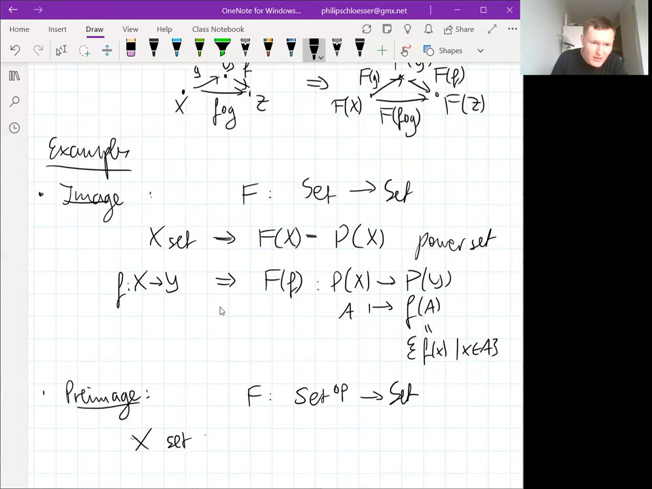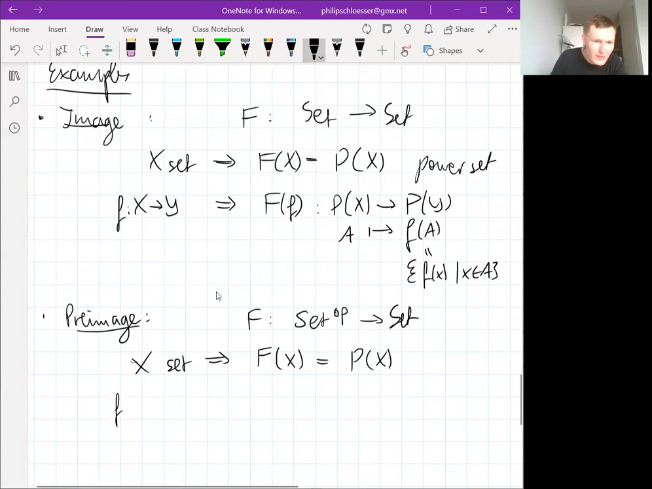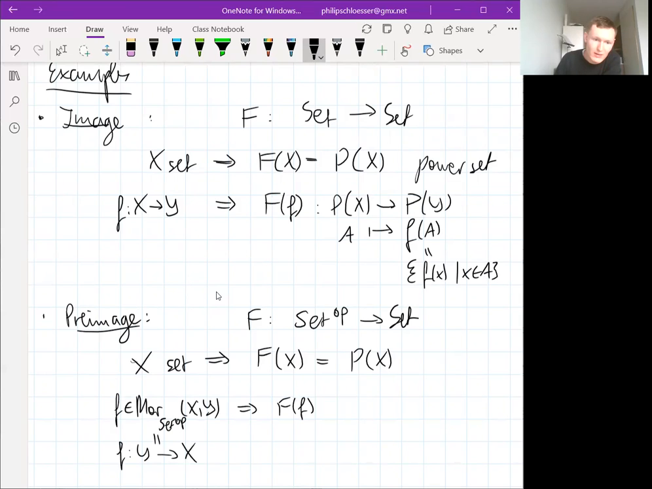So we have a set X. What do we define F of X to be? Well, again, we take the power set. And okay, so if we have a morphism in the opposite category from X to Y, that is the same as a function from Y to X. And now we want F of f to be a morphism in Set from PX to PY,